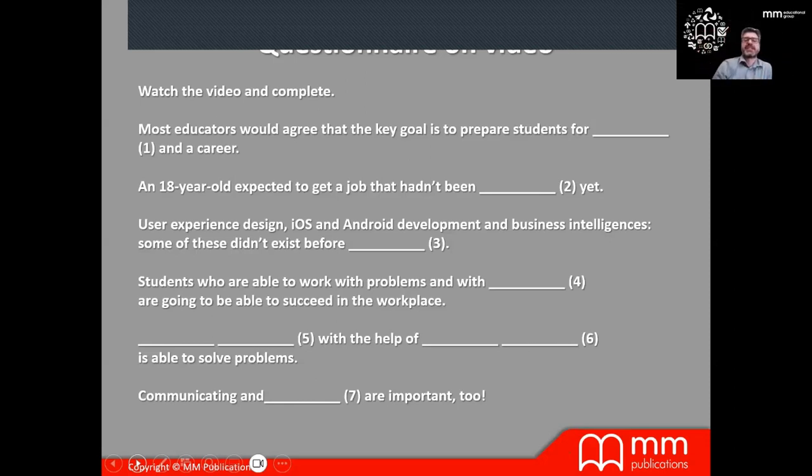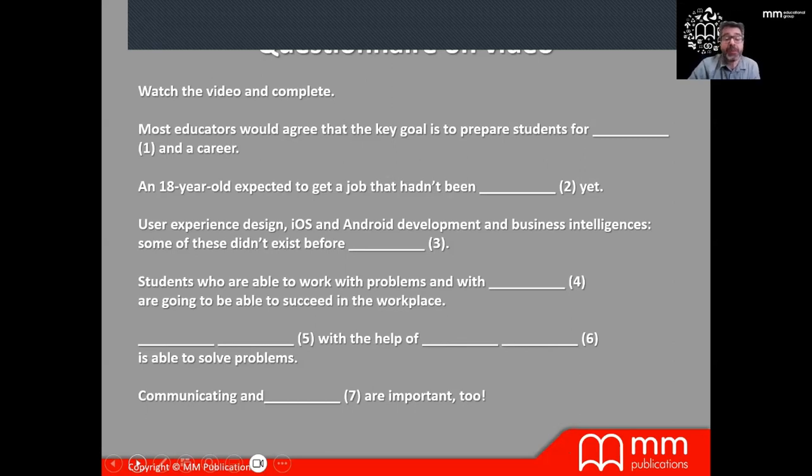The first question says, most educators would agree that the key goal is to prepare students for what? An 18-year-old is expected to get a job that hadn't been blank yet. User experience design, iOS and Android development, and business intelligence: some of these didn't exist before how long? Let's see. We're going to watch the video and find out.